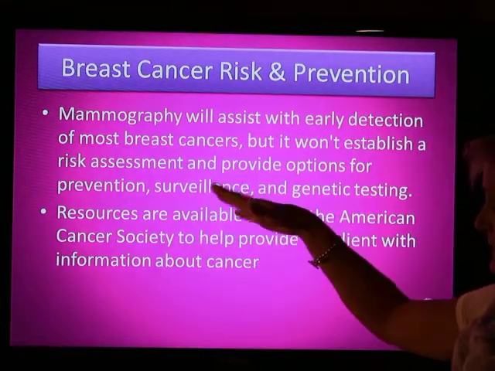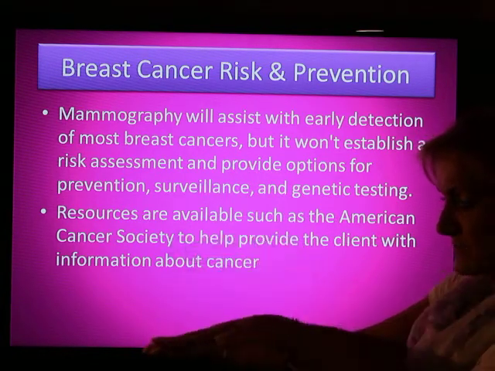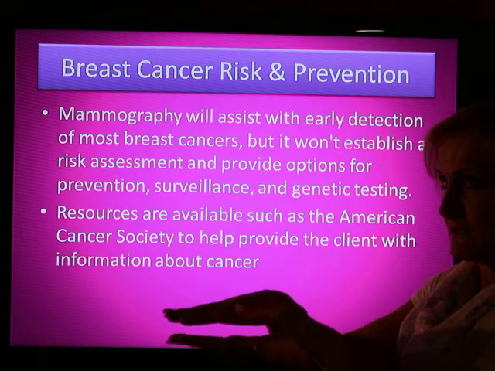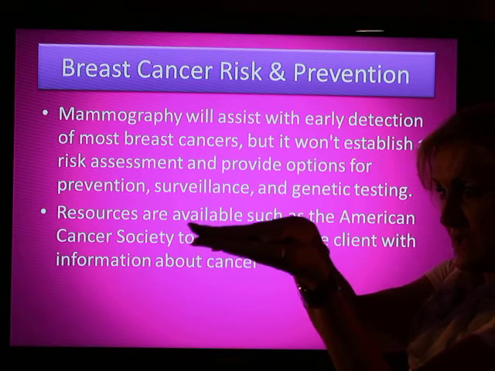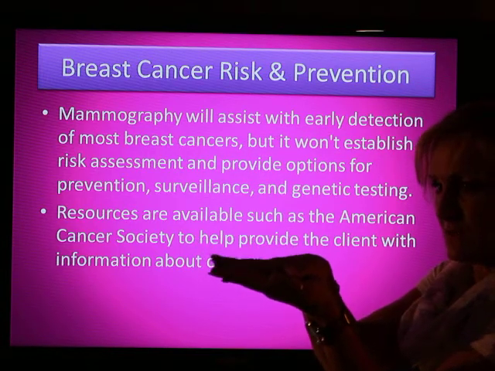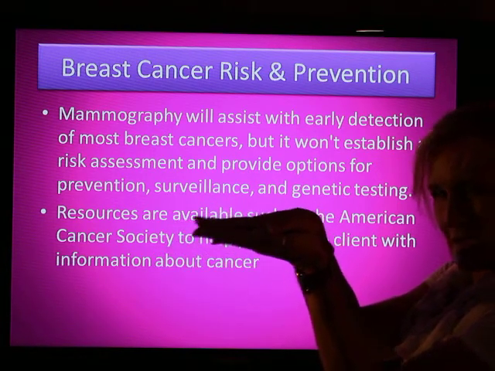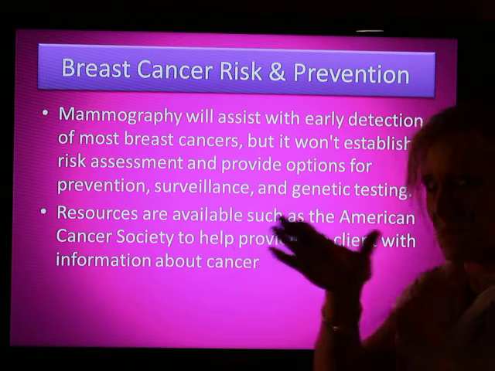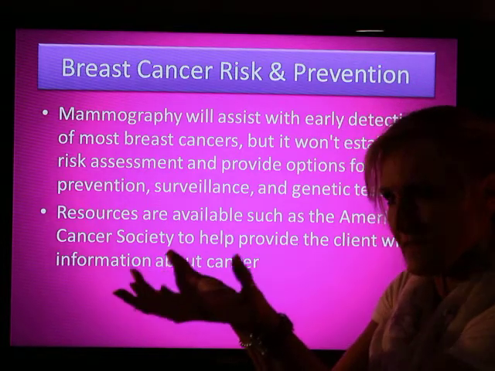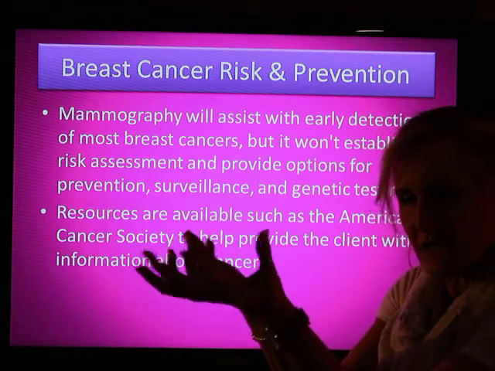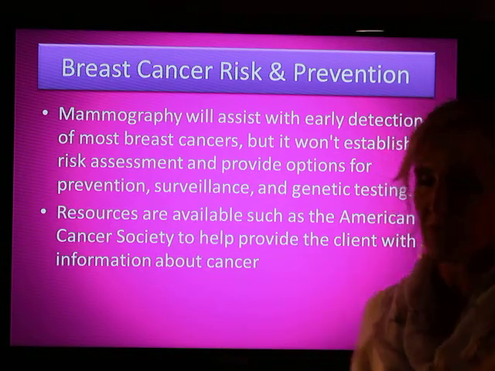If you're not familiar with a mammogram, a woman goes in and the breast is placed on almost like an x-ray table, and another kind of x-ray piece comes in. They smash the breast between what would be two x-ray plates. Most women don't find this very comfortable. Then they just get an x-ray of it. I'm going to show you what that looks like. But they're coming up with some new ones now where women can lay in water, and they do a water sonogram, like water waves. So they're coming up with some better techniques, but right now mammogram is the